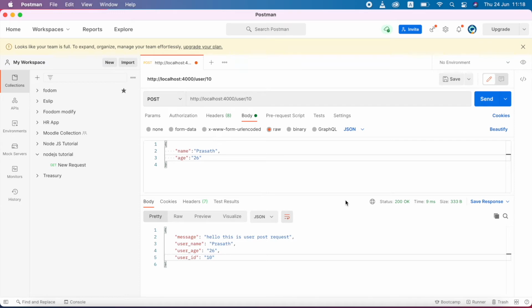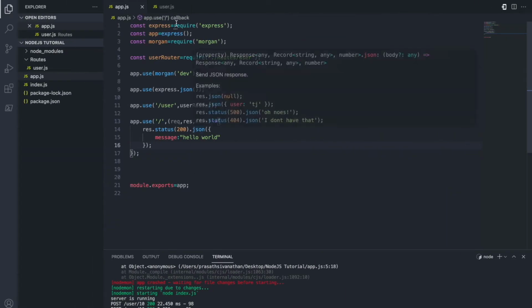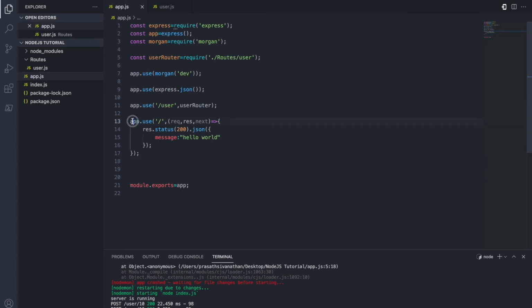As of now we never thought about error handling. So just see, if I send a request to an unknown URL, what is going to happen? See, this returns hello world. So here you can see in the app.js file this method is working, but in the program the user wants to know why the error happened and what is the reason for that.